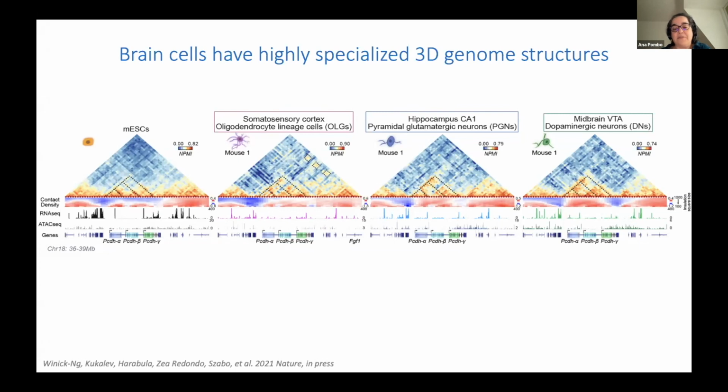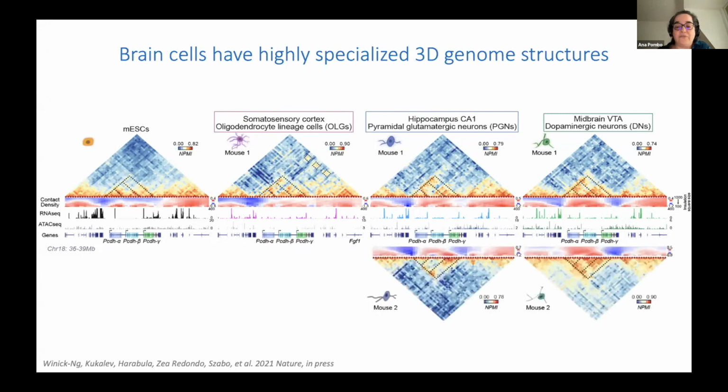Now, importantly, because we can use so few cells and we need so little material, we can produce these maps from single animals, or even potentially we could use different hemispheres of the brain from the same animal. And we could validate these results and all of the other results that I'm going to show you. Essentially we see that this is also true, for example, in littermates of the CA1, but in particular also in the VTA, where we're using different mice, even with different genotypes. Again, the structure is recapitulated.